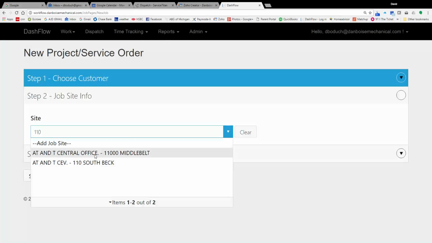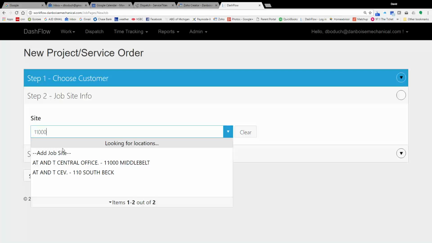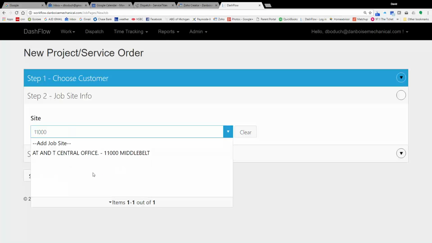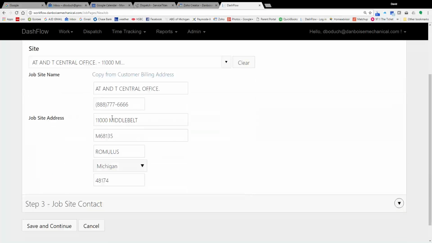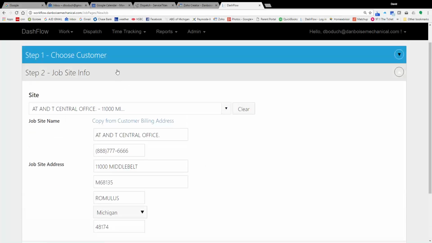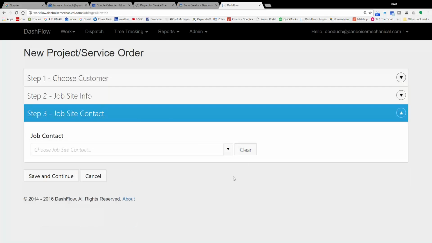So you can see here there's 110 South Beck, but there's also 11,000 Middle Belt because of the 110 here. So let's say that it is 11,000. If I put in 11,000, you'll see that this 110 South Beck goes away and all there is is 11,000 Middle Belt. Once I click on that, it'll select all the information. Again, anything that you need to change here, you can change. From there, I'm going to close up my job site,